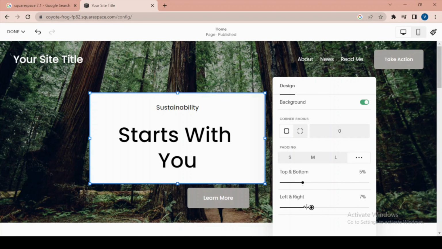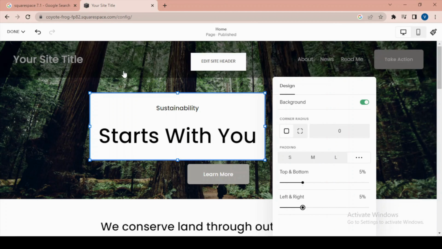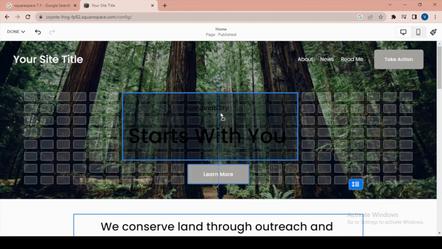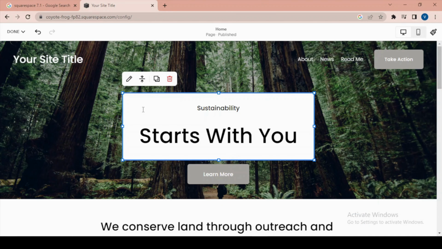You can also change the size from left and right and right and left. You can easily drag and drop the content. Now